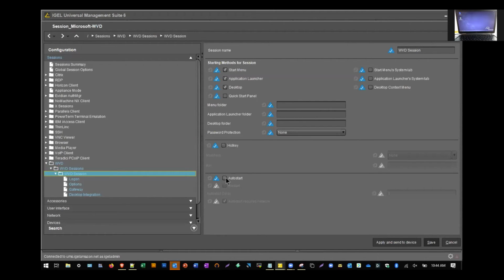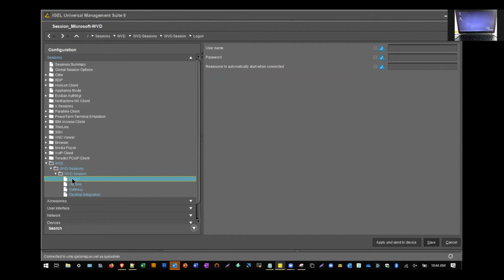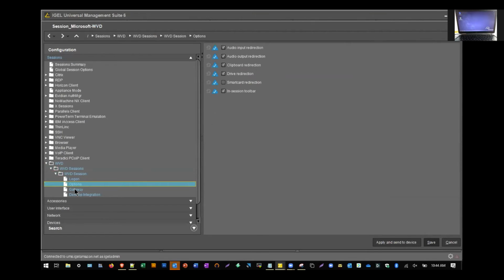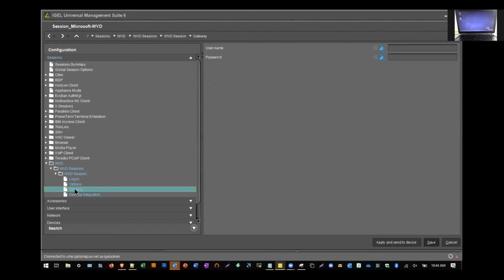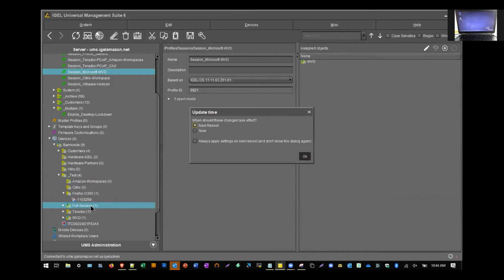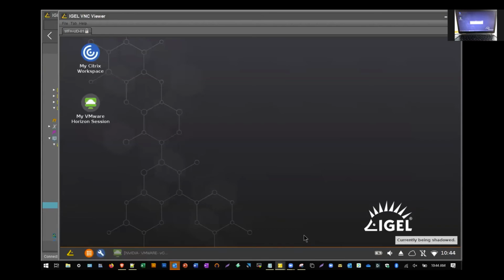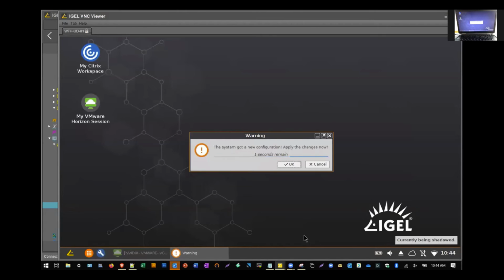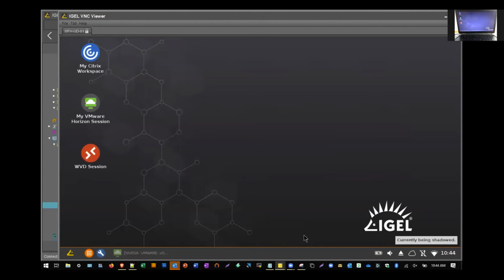So you can do things like auto start, where it'll auto start when the device boots up. There's multiple login options, gateways, different options that you can pick here. The concept here is really showing you the power of what you can configure in an automated fashion, so that when this policy is complete and set up, I can simply drag and drop that right to where my device actually lives. Again, my full session folder that I have. And now when I switch back to my IGEL desktop, it's going to automatically throw that on there. So it's that quick and that easy.